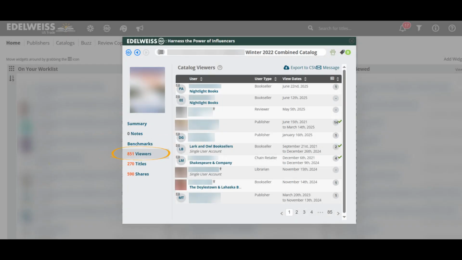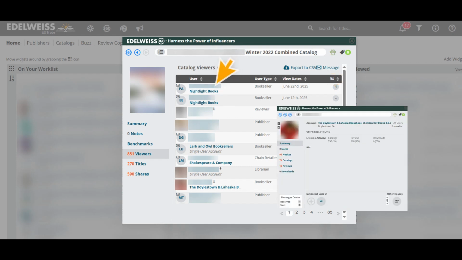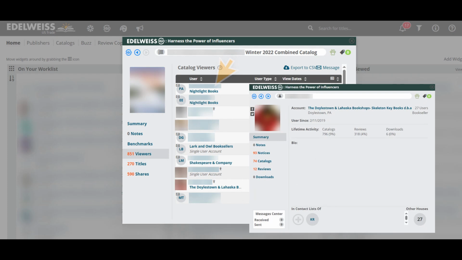Next, let's take a look at the Viewers tab. Here you can see all the viewers of a catalog, their user type, and which of these viewers are on your colleagues' contact lists. As we saw before, if you click on a user's name, you'll see a summary that shows their associated account, which you can click into to dive into details of other users and their activity with